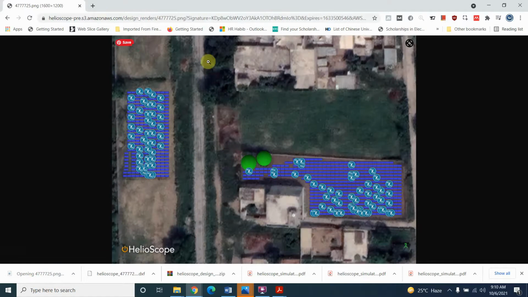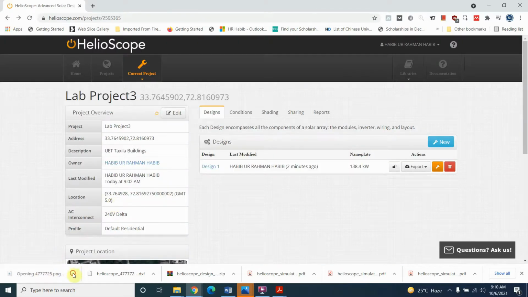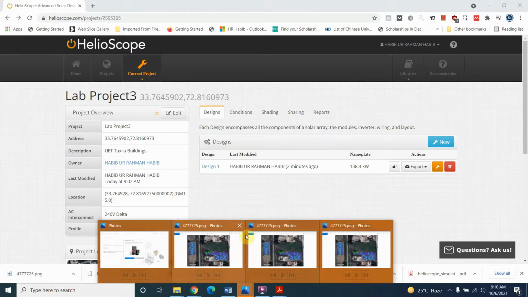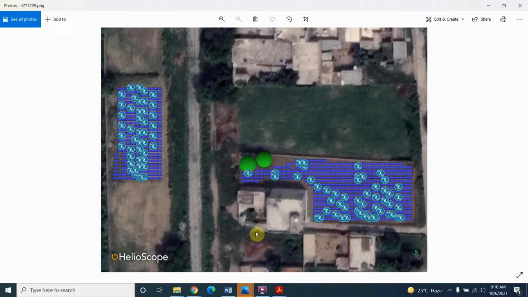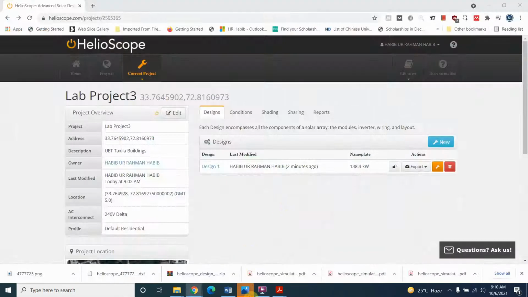It is actually this image. Oh yeah, it's already opened. It's already opened, and you can see here that, just close this window, and